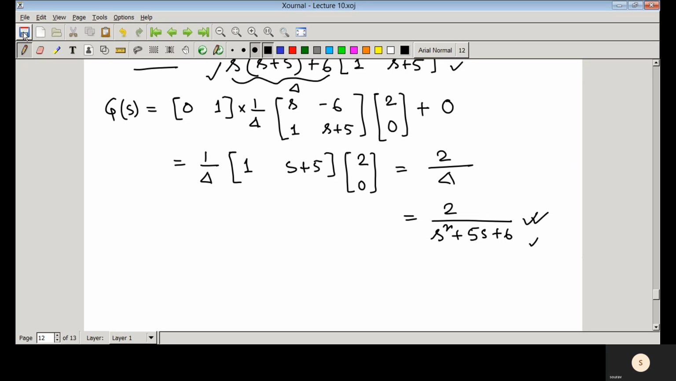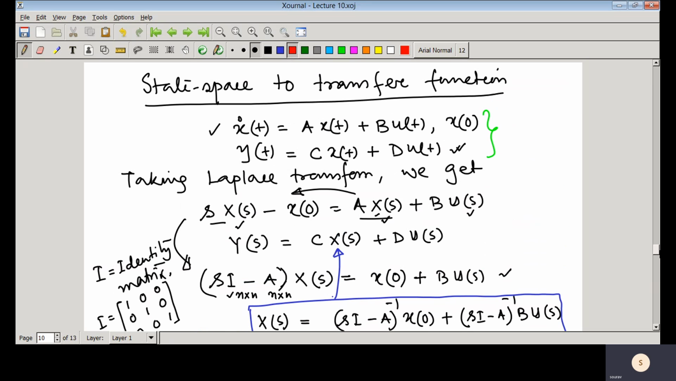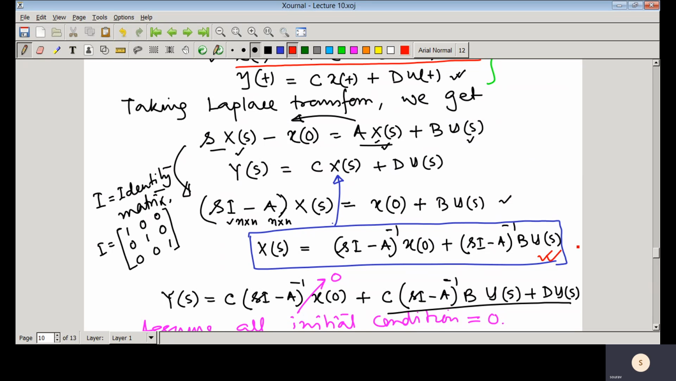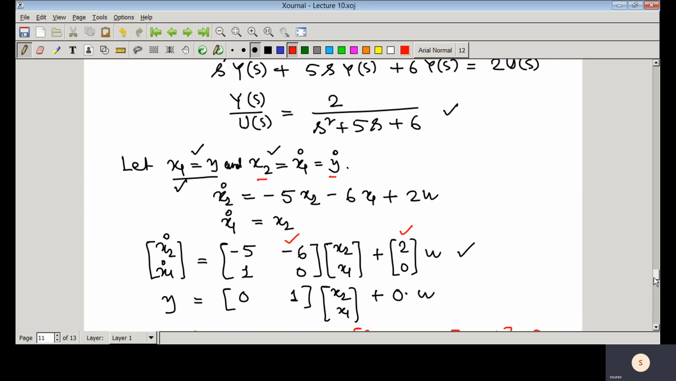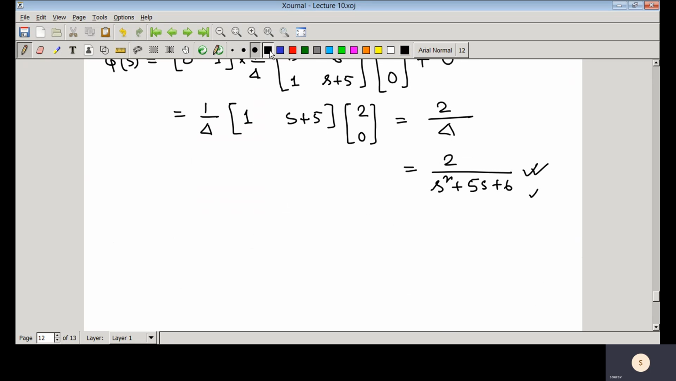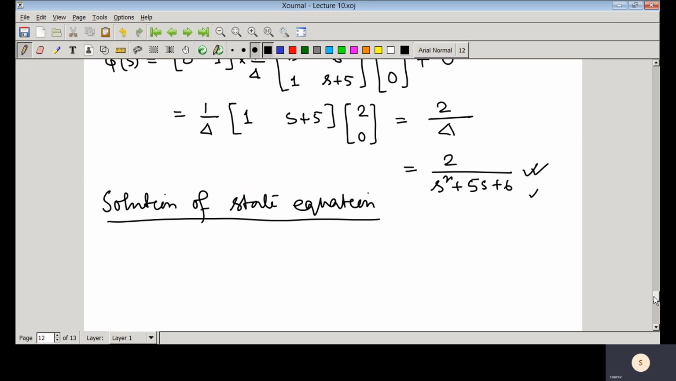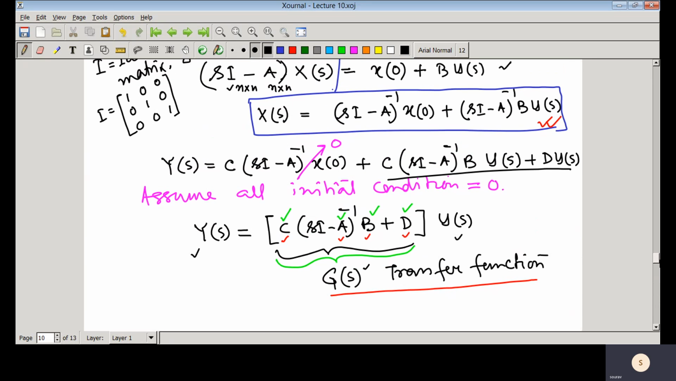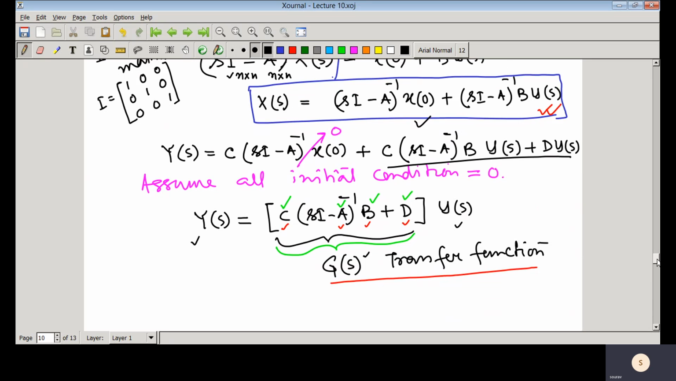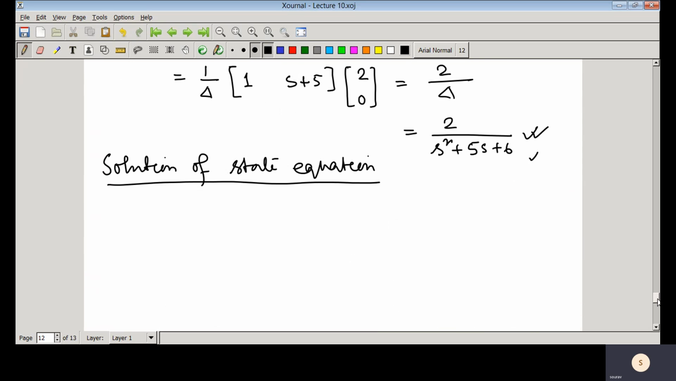So now let us see how to find the solution of the state equation. This is the state equation you have, x dot of t equals A x of t plus B u of t with the initial condition x(0). And now if you take the Laplace transform, you will get this expression. So let us write that expression. Here we can put the heading, solution of the state equation. How to find the solution? We have seen that we have the expression X(s) equals (sI minus A) inverse x(0)